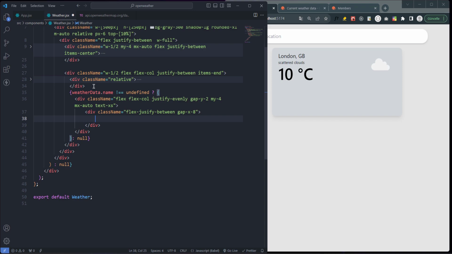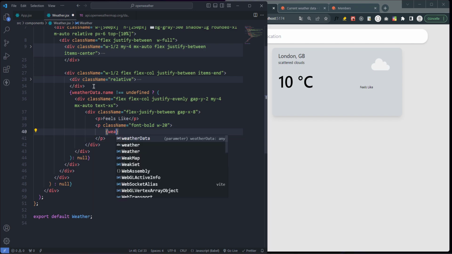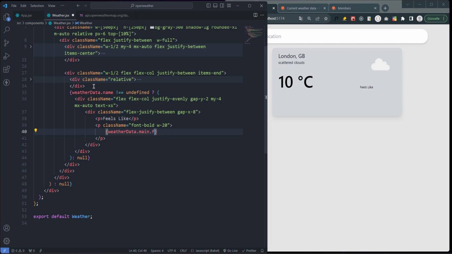Okay, and I'm creating a paragraph tag, feels like, and another paragraph tag, font bold and width 20, weather data main feels like toFixed and centigrades. Okay,